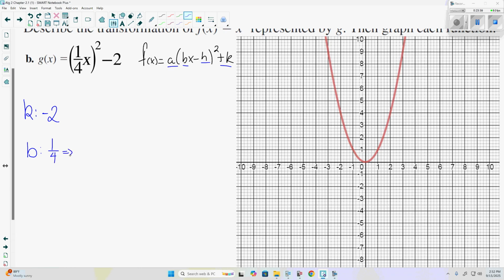So it would be 1/4. But to really see that value of b, we have to flip it. Now b tells me, since I have a value there other than 1, that we have a horizontal stretch or a horizontal shrink. Because the flip value is greater than 1, we have a stretch